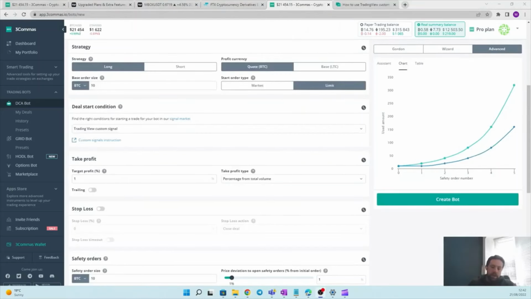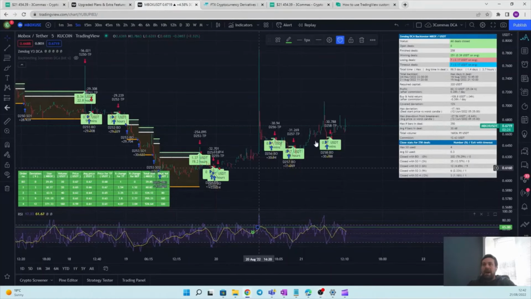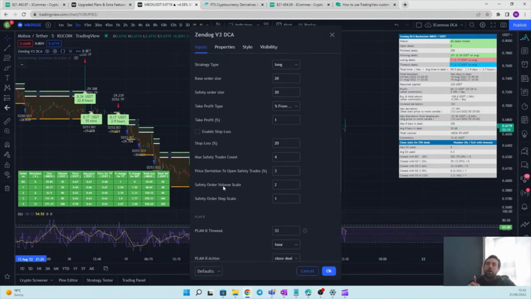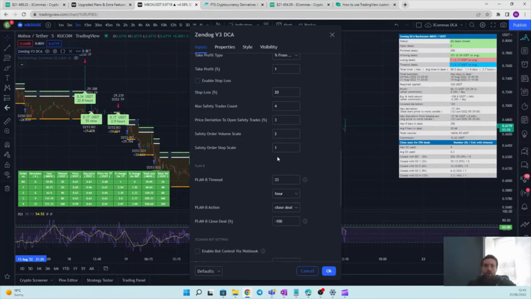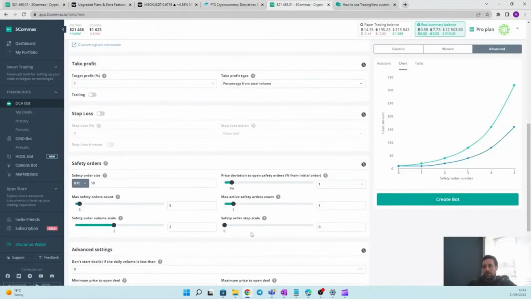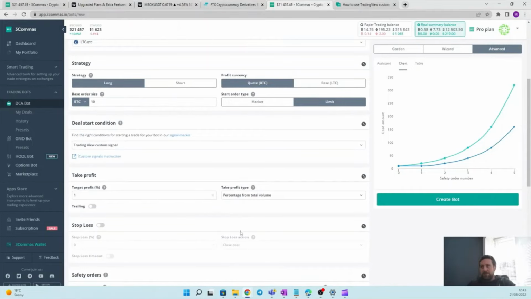So to recap, we now have a free TradingView account, which allows us to backtest a pair based on certain settings. We also have an exchange to trade on. So if you wanted to use these tools for free, FTX and 3Commas, you get 3Commas for free when you connect it to FTX. So now it's a case of finding a pair, backtesting the settings, working out what works for you, taking those settings, coming into 3Commas, and setting the settings in 3Commas,